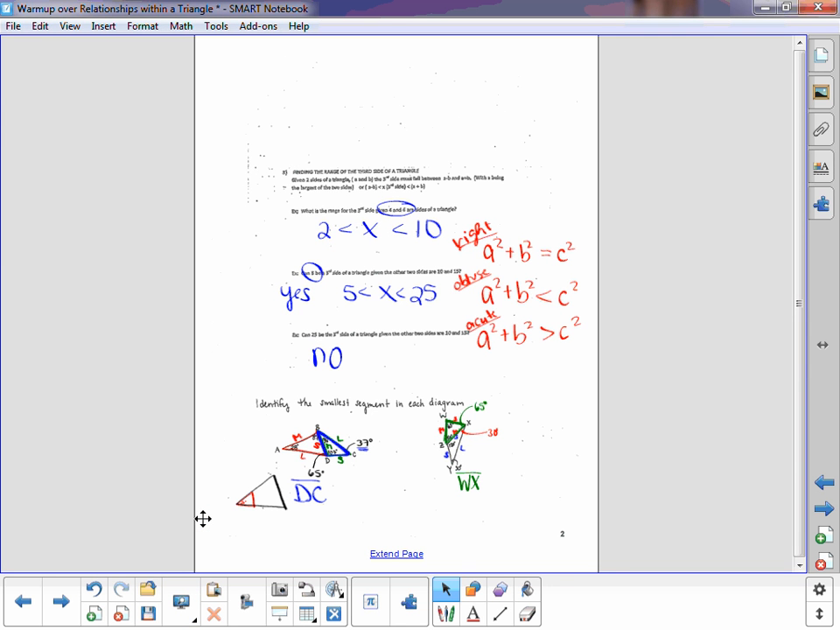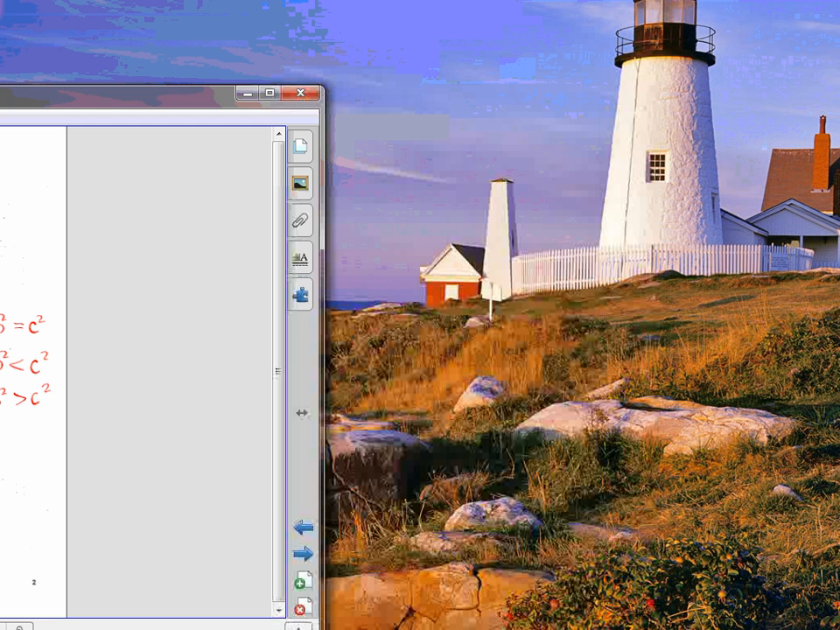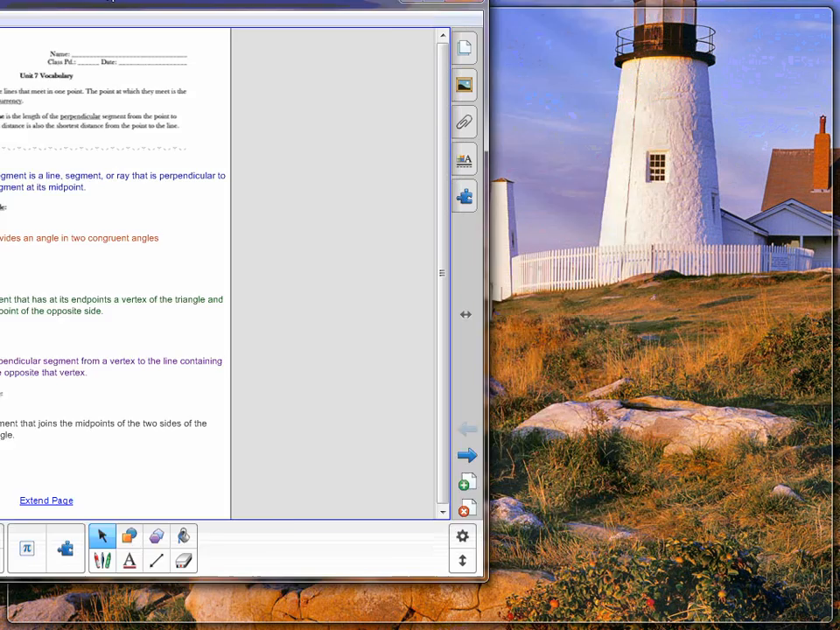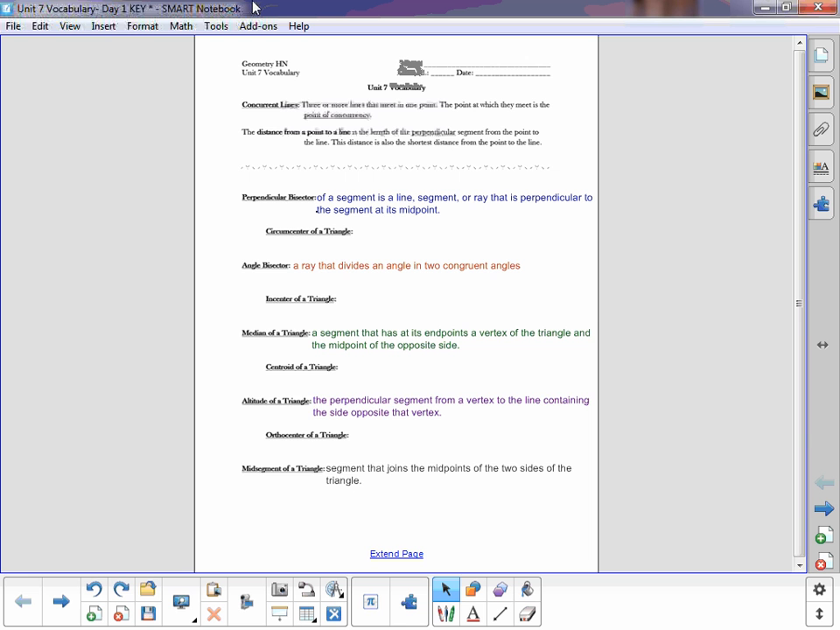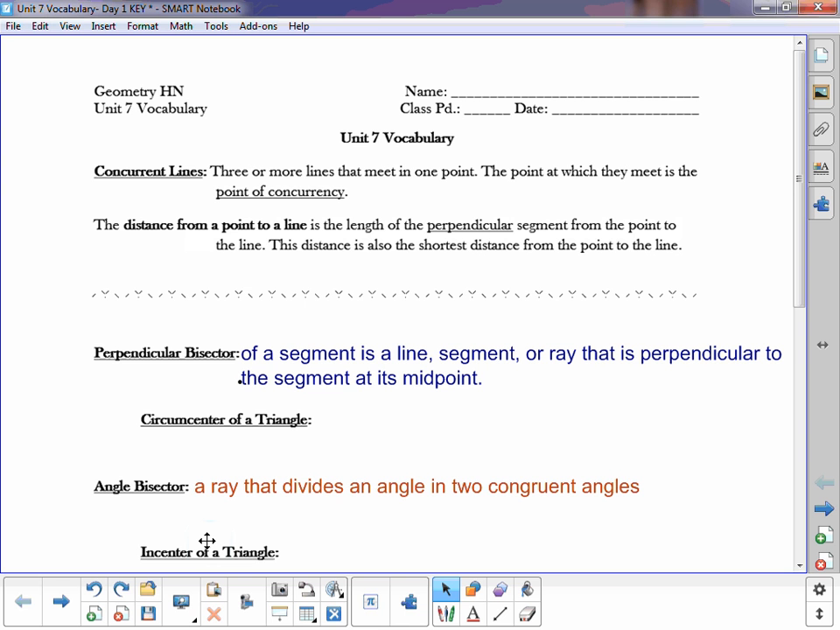Okay. Go ahead and set that aside. That was, again, just to kind of refresh memories of what we did. Let's take a look at our vocab. Alright, so you guys went through and filled in the vocab from the textbook. So let's go ahead and talk through what we've learned with this and kind of draw pictures to help us visualize what's going on. Today we'll be focusing on perpendicular bisector and angle bisector,